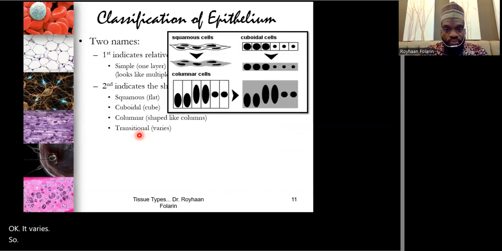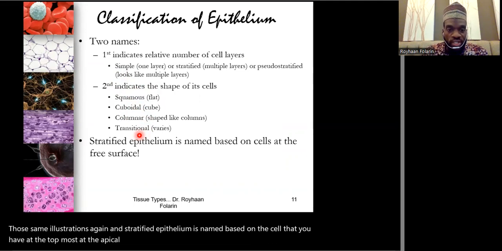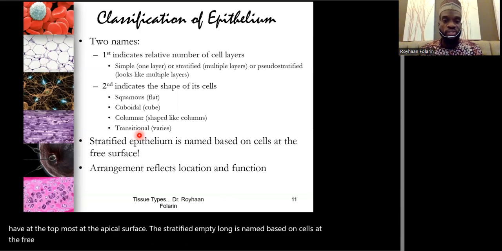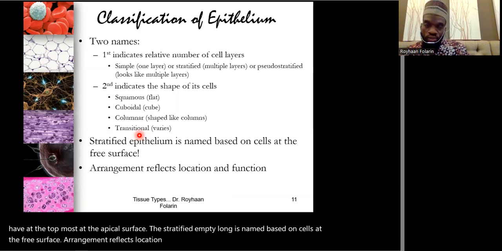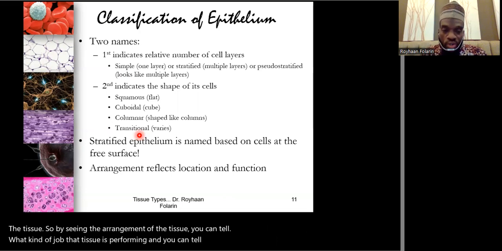So here we are, those same illustrations again, and the stratified epithelium is named based on the cell that you have at the topmost, at the apical surface. Stratified epithelium is named based on cells at the free surface. Arrangement reflects location and the function of the tissue. So by seeing the arrangement of the tissue, you can tell